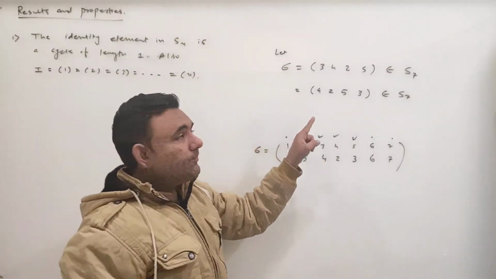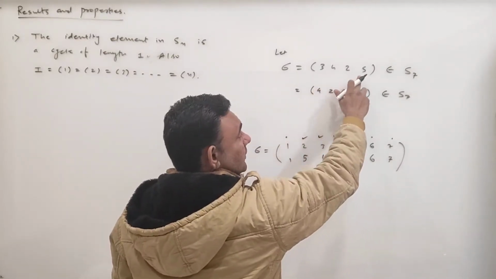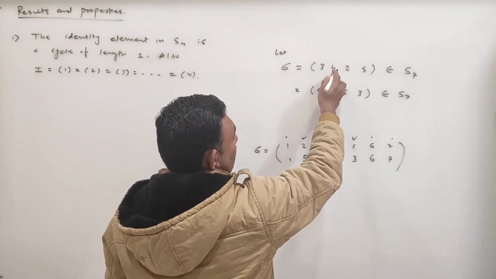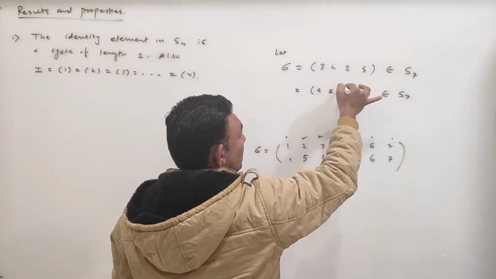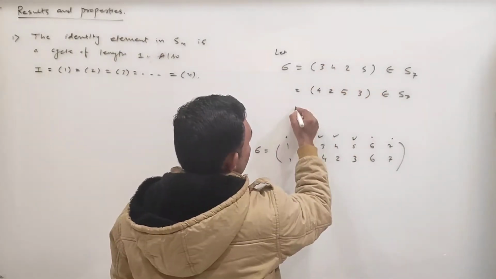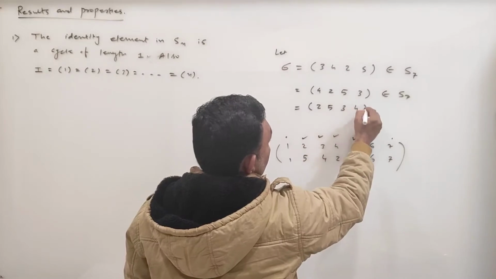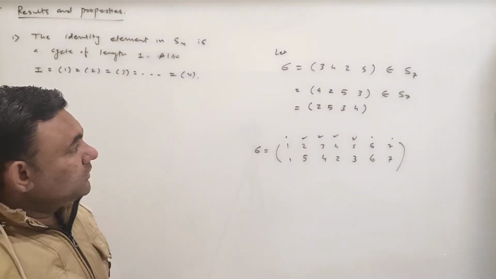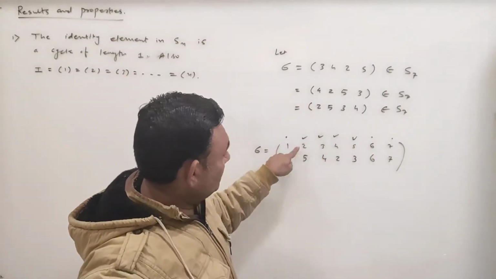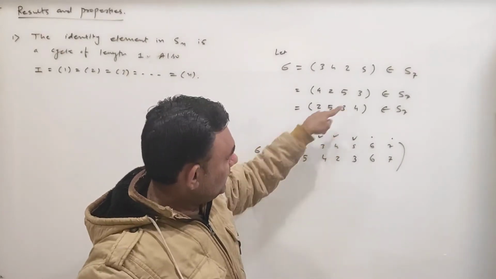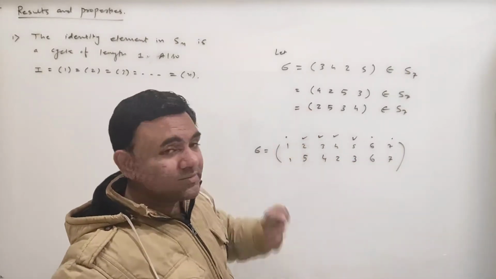So what I did here, I changed the order of these elements, but in a particular manner. I have considered 4 first, then 2, then 5 and then 3, right? Let me consider it this way: 2, 5, 3 and then 4. This is also a cycle of S7, and what does it represent? Image of 2 is 5, image of 5 is 3, image of 3 is 4, and image of 4 is 2, and the remaining are as they are. So again this represents the same sigma.